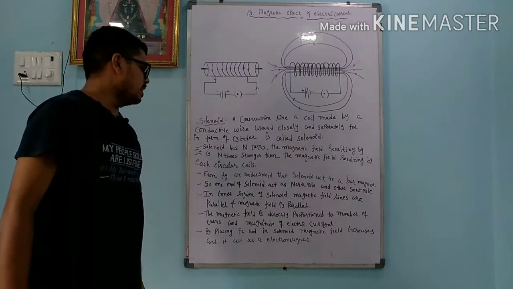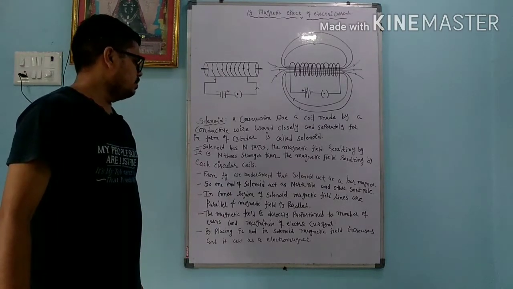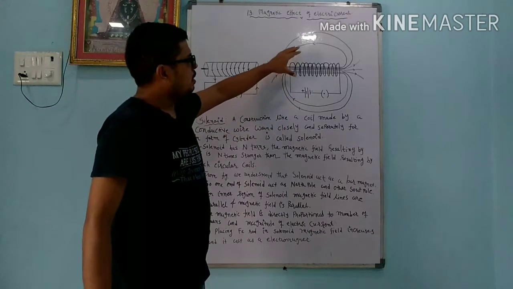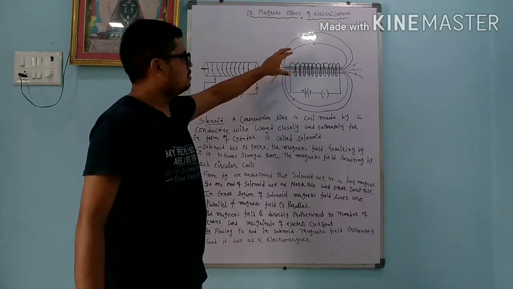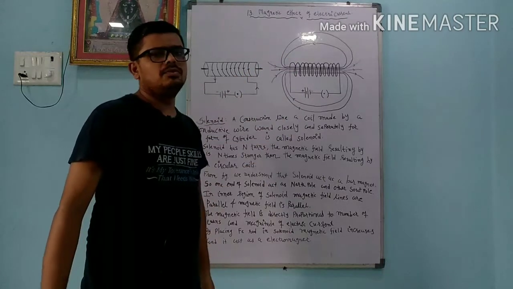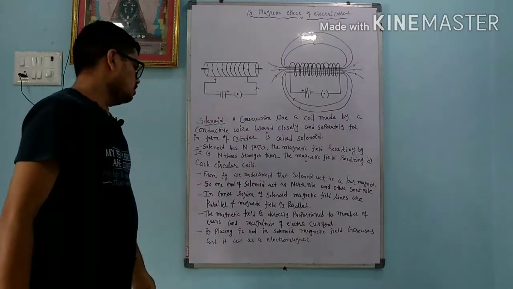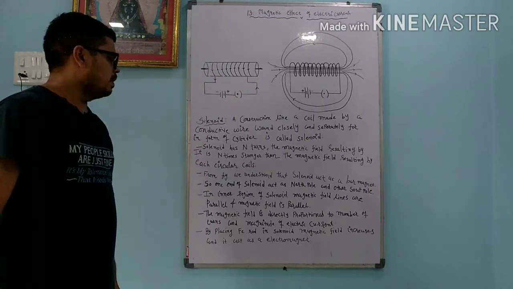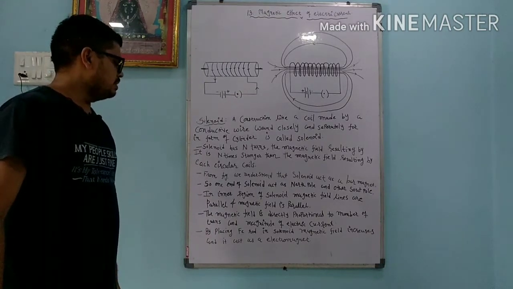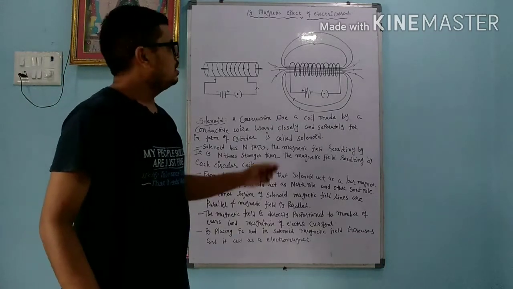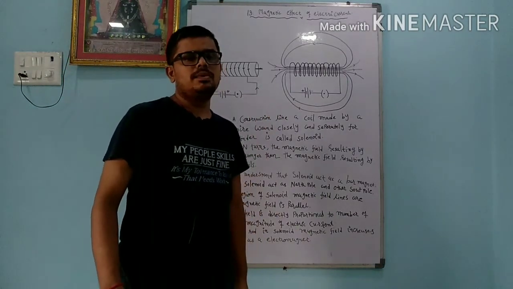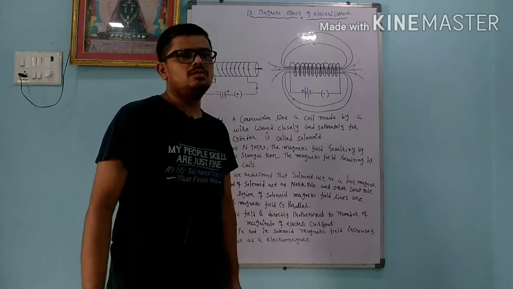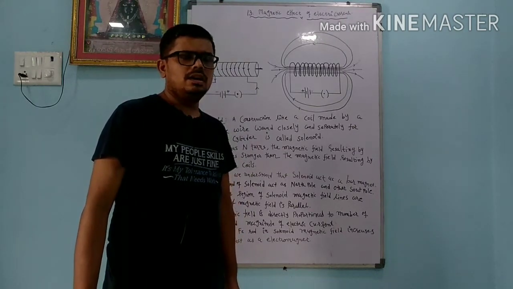The magnetic field is directly proportional to the number of turns and the magnitude of electric current. Whatever magnetic field is produced is because of two reasons: first is the electric current and second is the number of turns. By placing an iron rod in the solenoid, the magnetic field increases and it acts as an electromagnet. So when we insert the iron rod inside, the magnetic field becomes more and more powerful, and we can use that as an electromagnet.